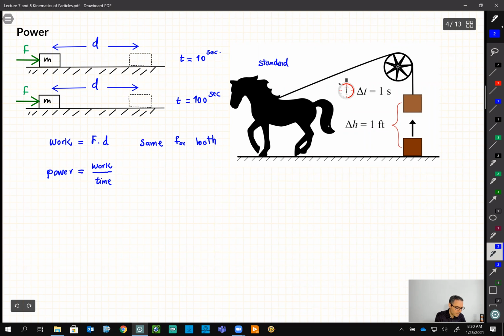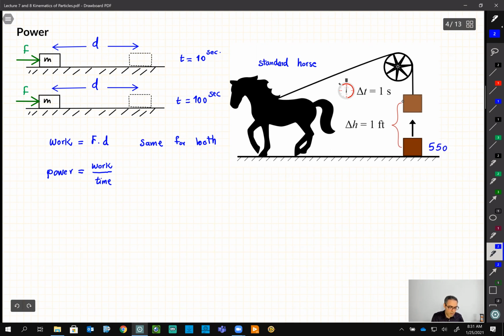They called it a standard horse, maybe at that time. Maybe it's not a good term, but a healthy, good horse. And then they tested this horse on this setup to see how big a weight it can lift in a duration of 1 second for 1 foot. So first, for example, they tried a weight of 10, and oh, it is super easy for this horse. It can move it in less than maybe half a second. Then they tried 100 pound, and they saw it can go very fast,